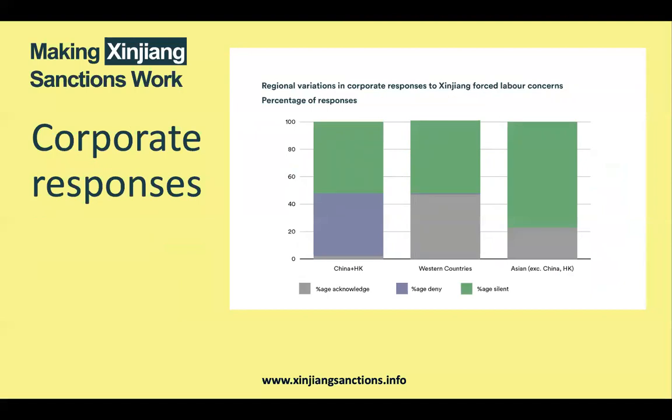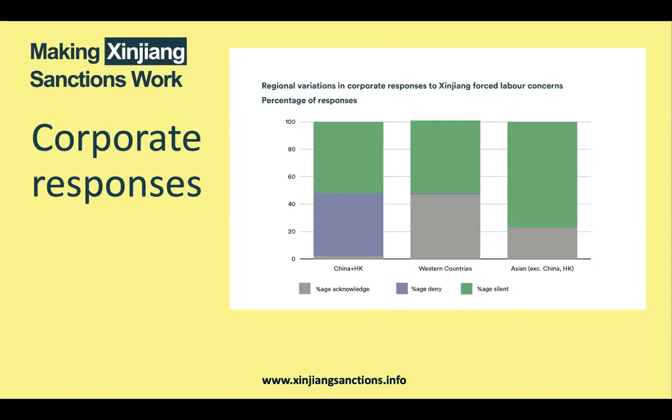Companies have responded to this situation in different ways, as our corporate responses dataset, which you can search and download from the website, shows. It includes over 250 companies from 21 countries. Chinese companies facing this pressure from the CCP usually deny the fact or existence of Xinjiang forced labour. Western companies sometimes acknowledge it, but the most common response across all different jurisdictions in which companies are domiciled is